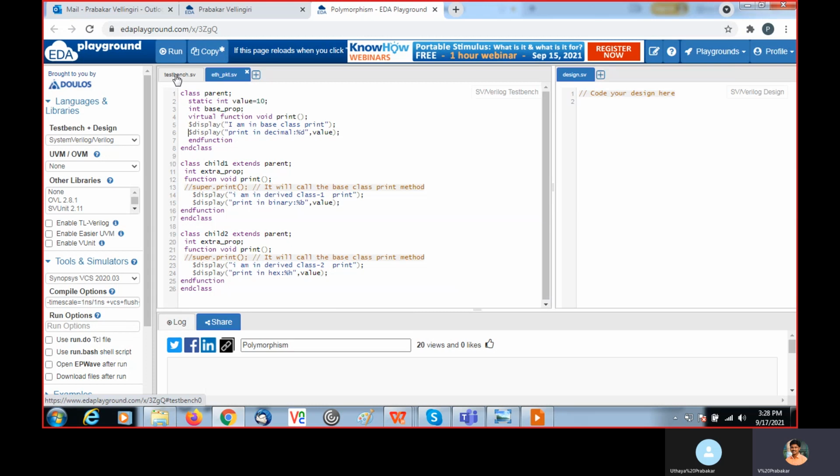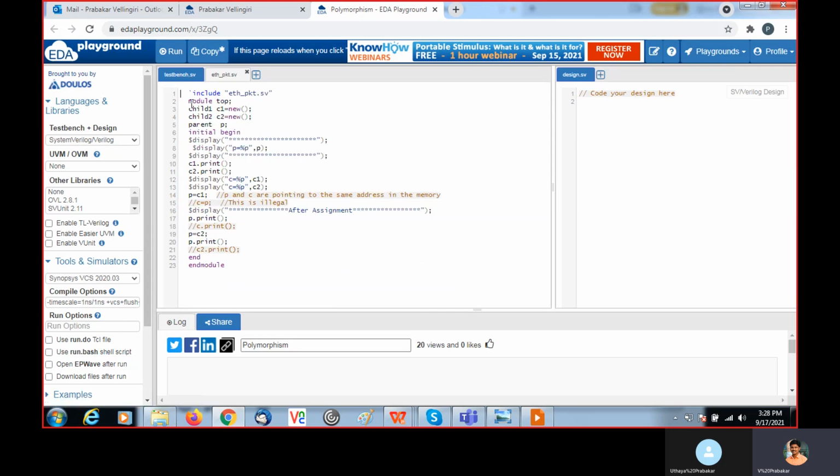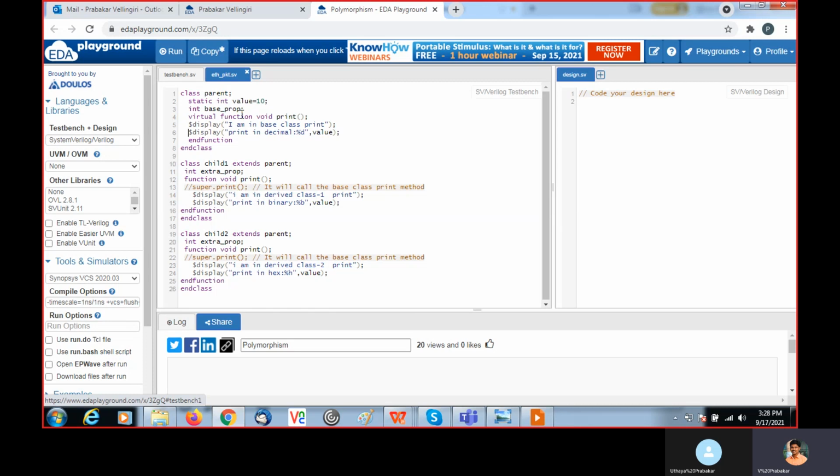The testbench.sv file. Here I included this package file that is created here. Inside the top module, I instantiated child 1 and child 2. Here, and I create objects for both. And instantiate the parent, this parent class here.